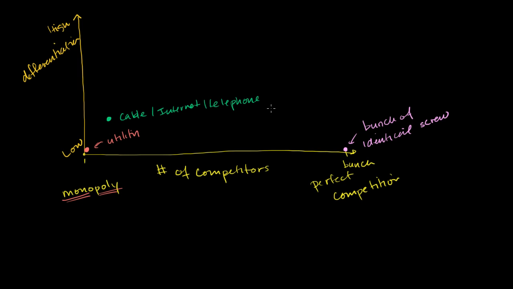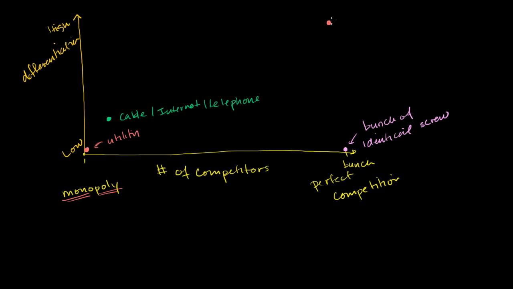Then you can think of markets where there's a bunch of competitors. But they are somewhat differentiated. And I can think of fine dining. So let's say, here there's a bunch of restaurants in any place that sells nice food, that they really define themselves by the quality of the food that they produce. So they're highly differentiated. Each restaurant is unique. The chefs have specialties and all the rest. But there's a bunch of them.